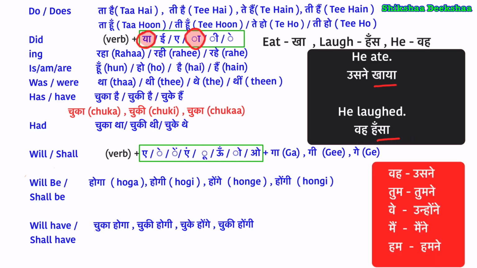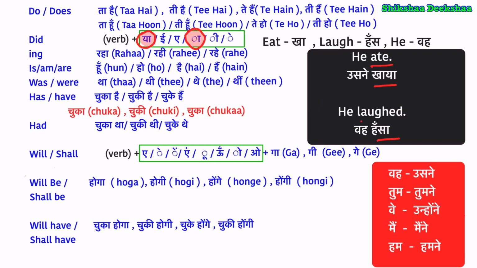Now for the simple past tense, pronouns also change a little when we have sakarma kriya, that is transitive verb that needs an object. I have uploaded a detailed video on sakarma kriya transitive verbs. Please see that. I have not taken any object here in these examples because we want to observe how the verb is changing with the tense. So for sakarma kriya, transitive verbs in the simple past tense, our pronoun vah becomes usne, tum, tumne, ve, unhone, main, maine, hum, humne.